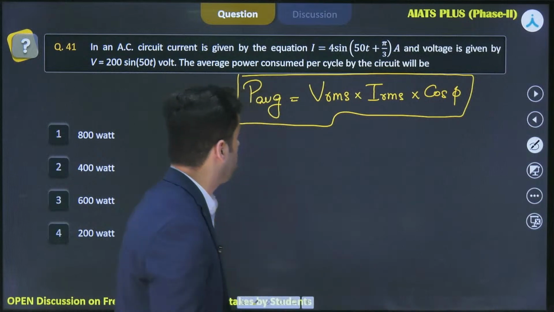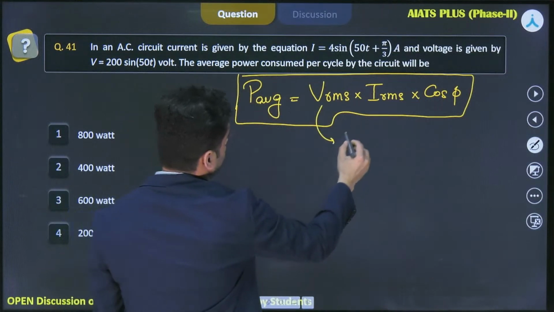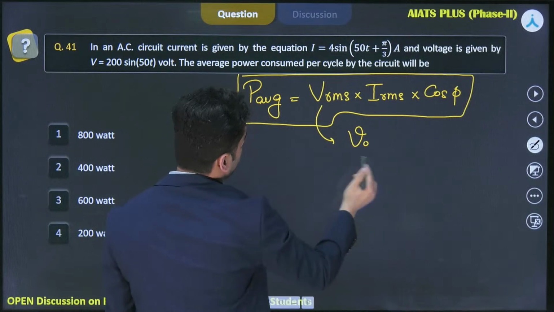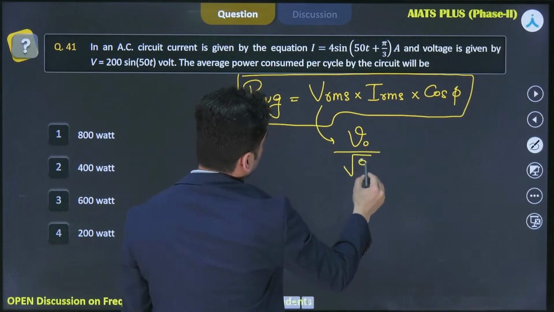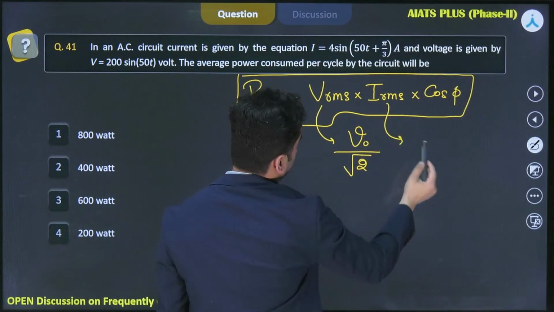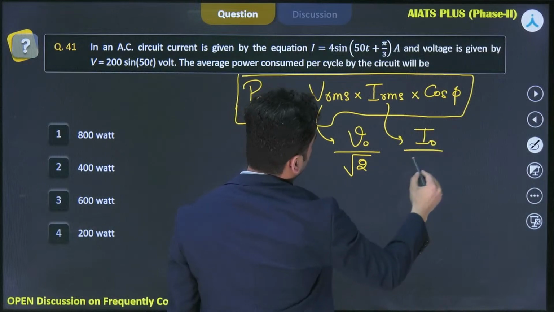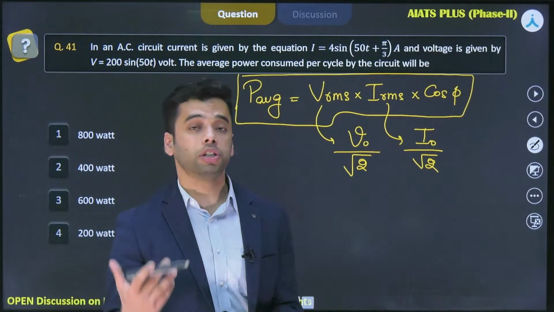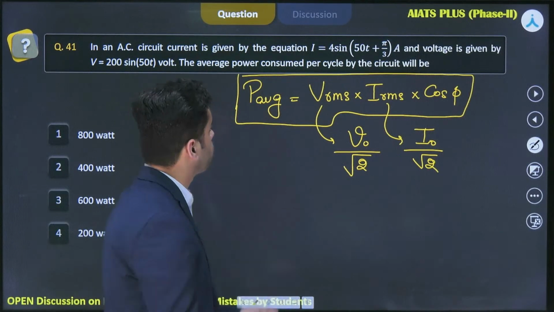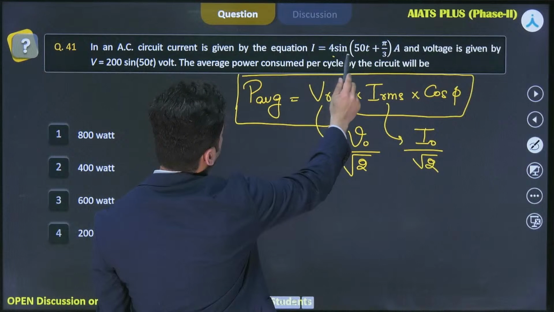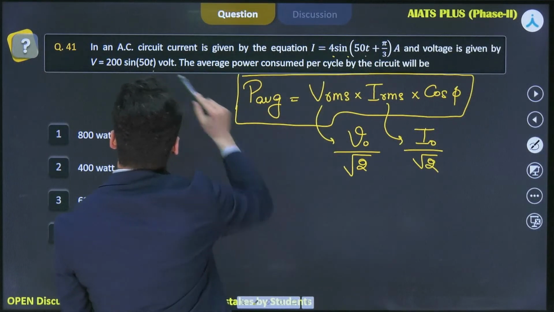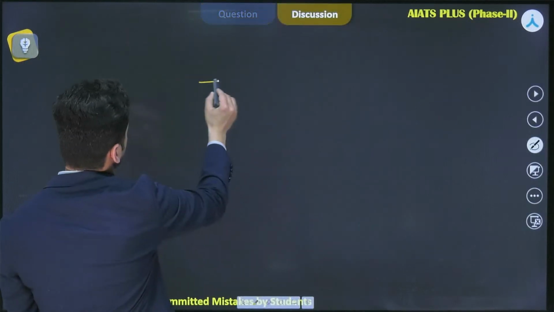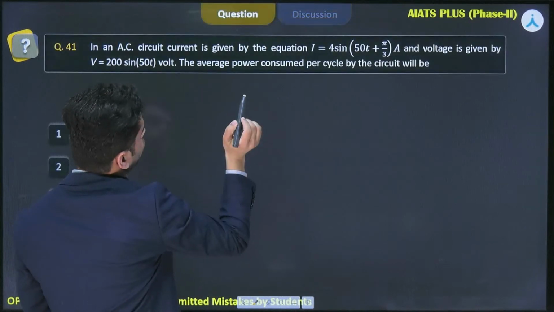Now Vrms can be written as the peak value of voltage divided by root 2. What about Irms? It can be written as peak value of current divided by root 2. And how to find the cos phi? You can have a look at the equation of current and the voltage. So current is given to me as 4 sine (50t plus pi by 3), and voltage is given to me as